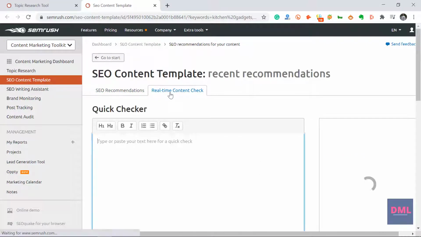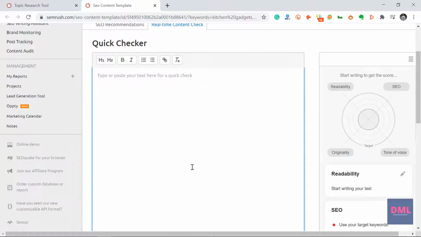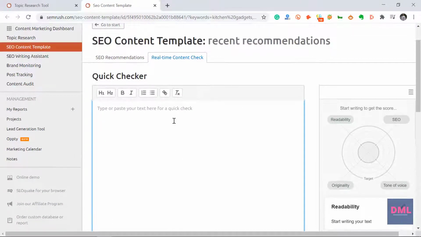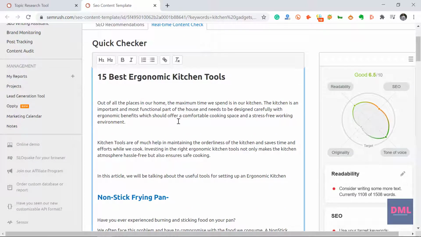So guys, this is an important addition to the SEO content template. This is basically the SEO writing assistant that comes into the picture here. You can see all these tools are very much interconnected. They don't work in silos. There's a workflow that gets in. For example, you plan your content, you audit your content, you then write SEO optimized content, and then you go on to distribute and you track your content performance. So there's a complete workflow this tool provides, which is actually the beauty of this tool. Cool. So let's get back here and copy and paste a content that I have already created.